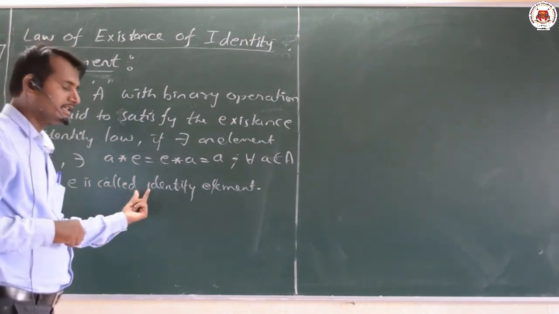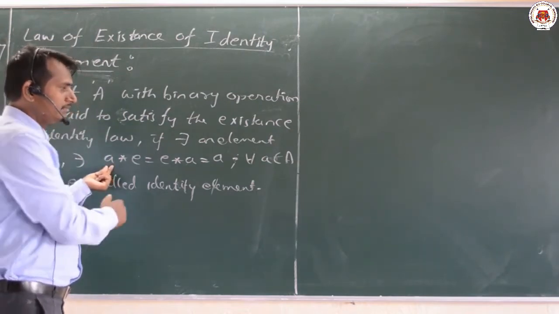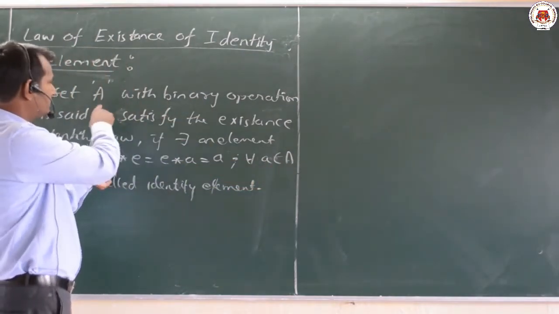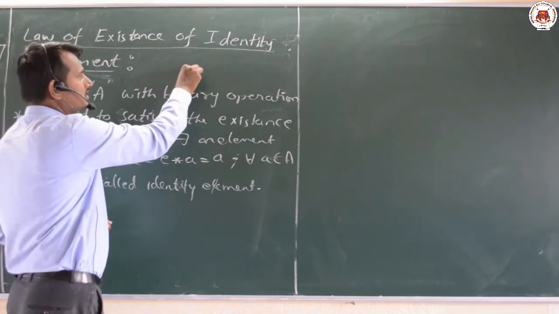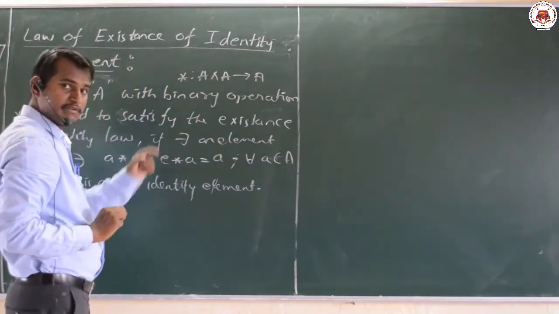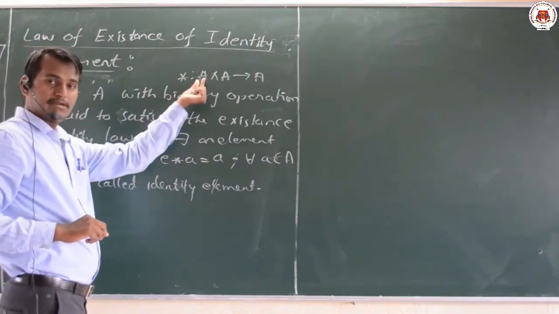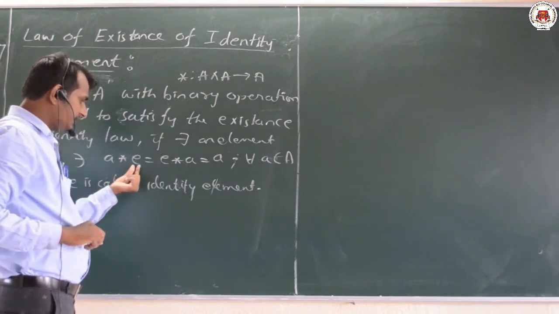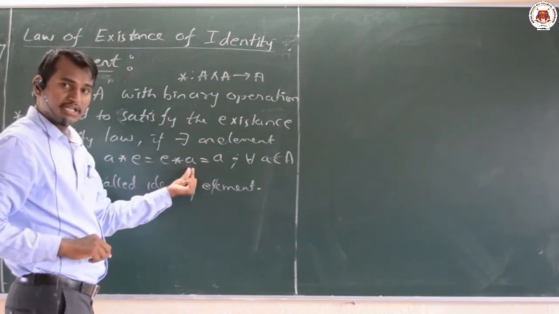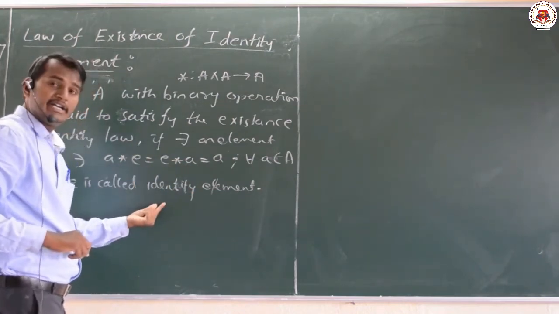Here, existence of identity element means, if you multiply any element a, which belongs to the set A, and we are defining a binary operation star on this A, that is star from A cross A to A. This is our binary operation we are defining on the set A. Small a is an element of the capital letter A. a star e equal to a we should have, and that value should be equal to e star a. Then only we say that this value e is known to be an identity element.